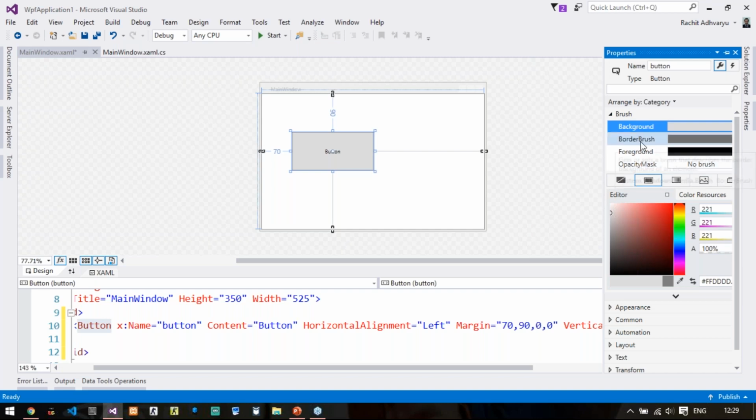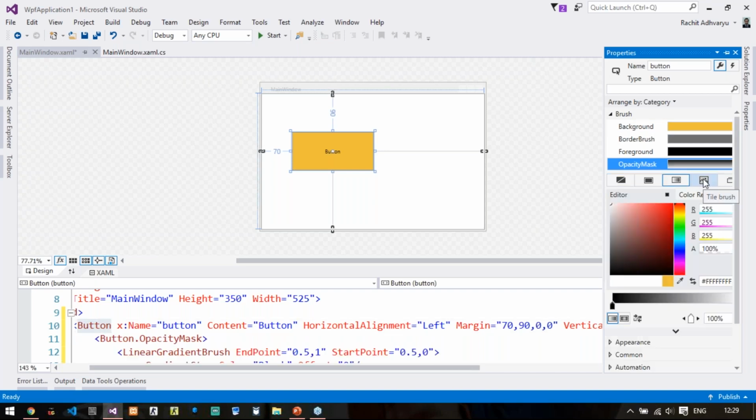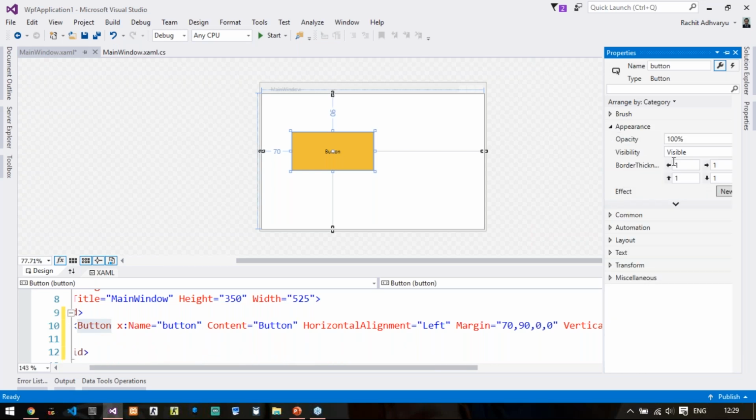See, so different shades of colors have been provided in this background. The opacity, you can use how you want to mask your color, different shades of color. You want to tile your particular button. So this is how you enhance the graphics, appearance, opacity, visibility, border thickness.